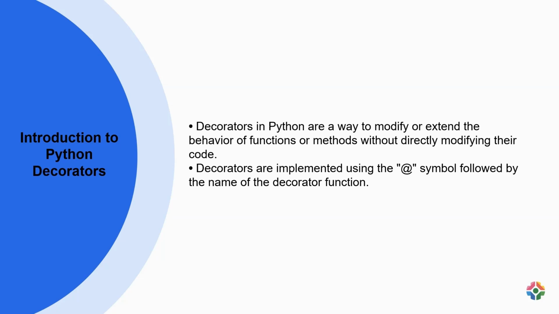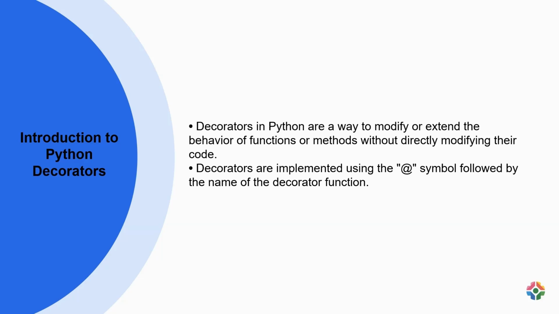For instance, a logging decorator can be applied to a function to track its execution time or input parameters without altering the original function's logic. This aids in keeping the code modular and clean by separating concerns and enabling easy addition or removal of functionalities